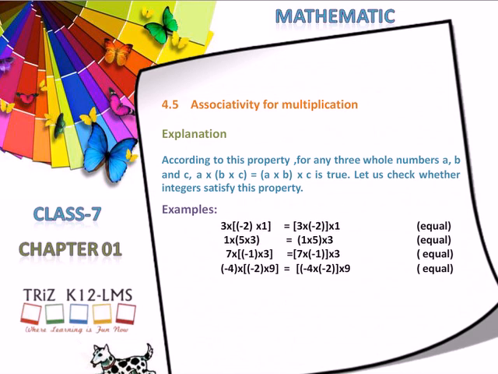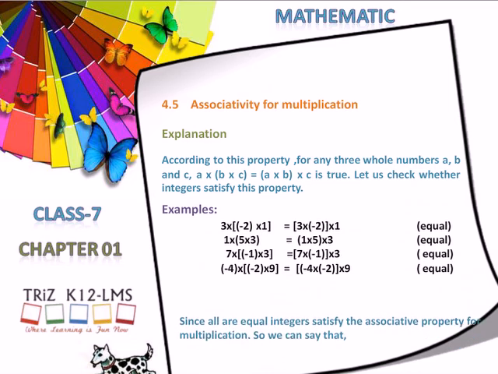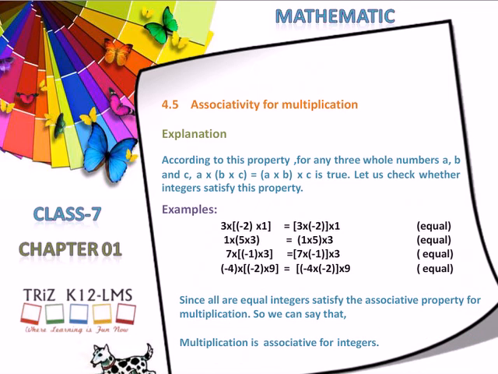Examples: (3 × -2) × 1 = 3 × (-2 × 1), equal. (1 × 5) × 3 = 1 × (5 × 3), equal. (7 × -1) × 3 = 7 × (-1 × 3), equal. (-4 × -2) × 9 = -4 × (-2 × 9), equal. Since all are equal, integers satisfy the associative property for multiplication, so we can say that multiplication is associative for